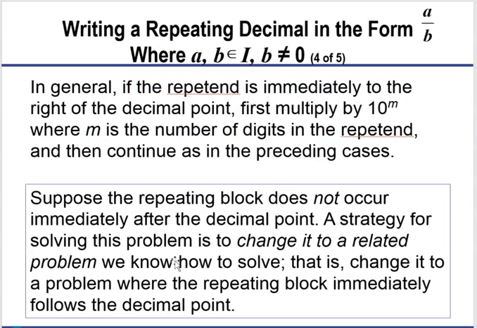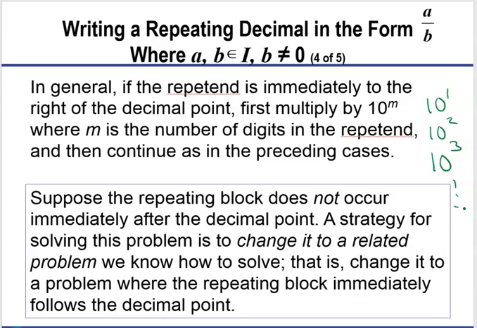In general, if the repetend is immediately to the right of the decimal point, first multiply by 10 to the m power, where m is the number of digits in the repetend. This is what I told you earlier. If there's just one digit, you multiply by 10 to the first. If there were two digits that repeated, you'd multiply by 10 squared. If there were three digits, you'd multiply by 10 to the third, and so on. Okay, it says,